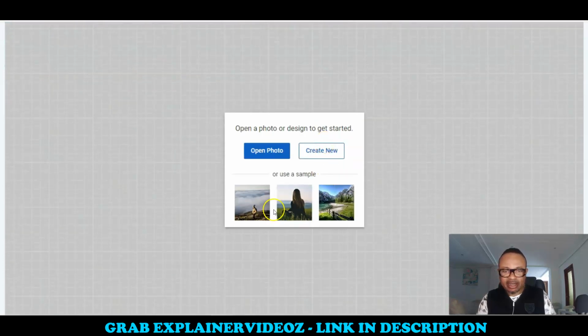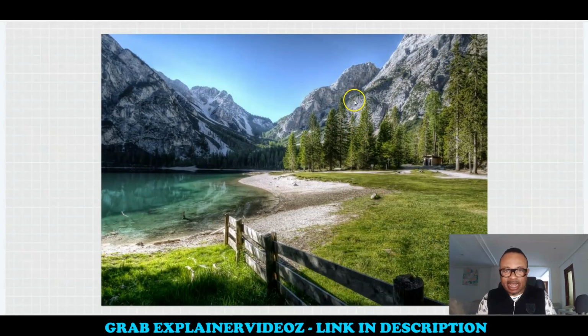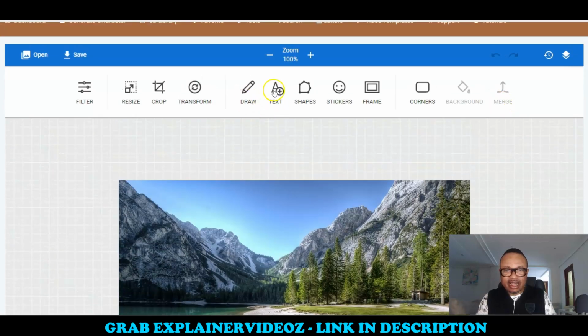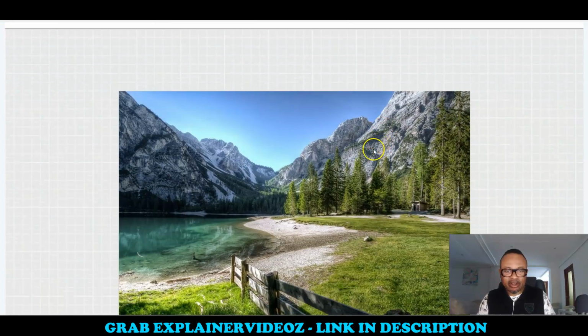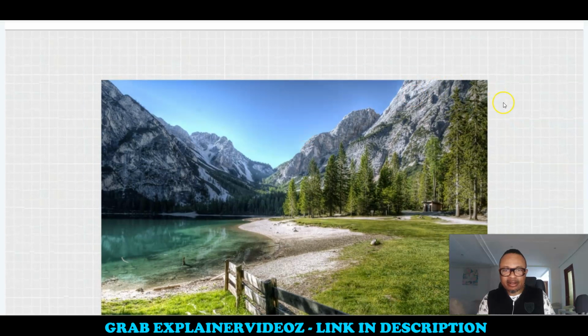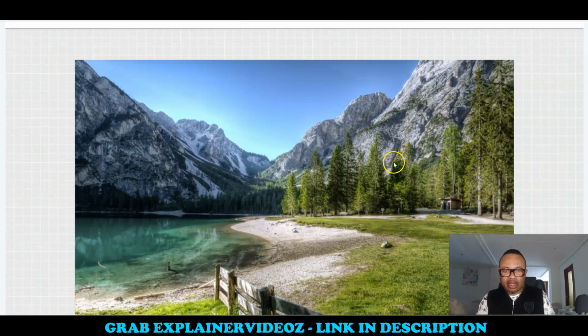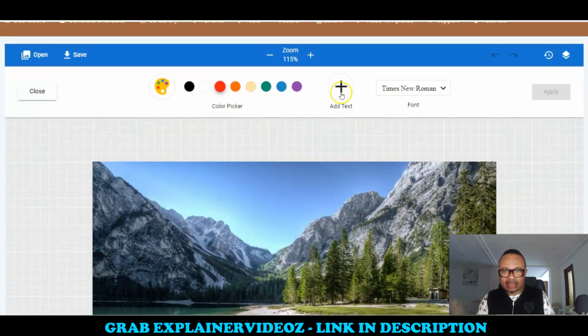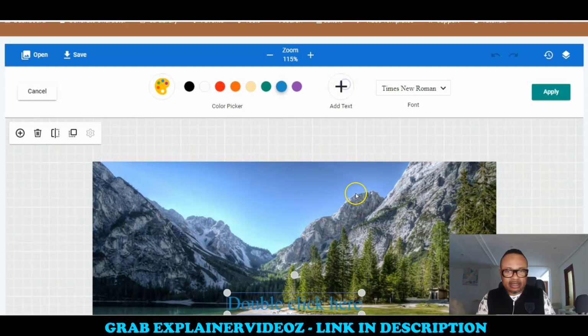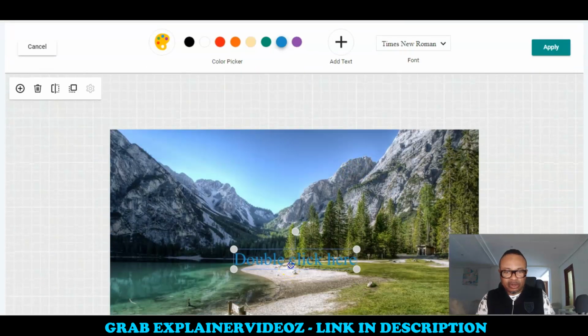Okay, if we can do this image for example, if we click that, we can add text by actually picking up a color that we desire, so that we pick up a color for example, and then we add text like this. Add text. So this is the text we're adding. You can delete what you have here. Say wonderful